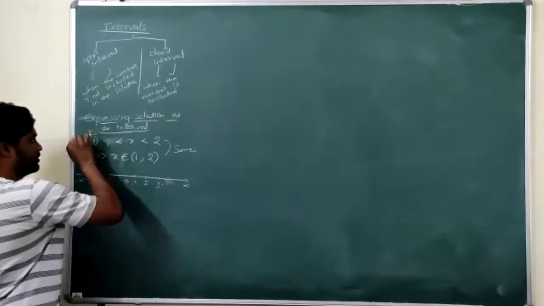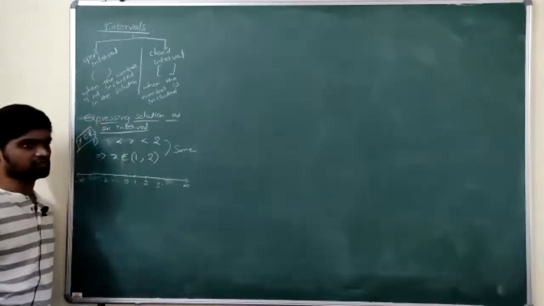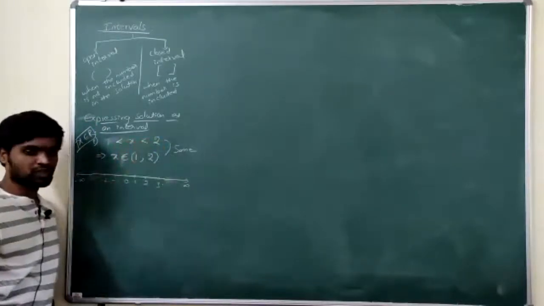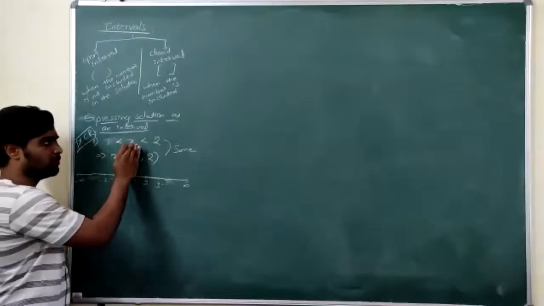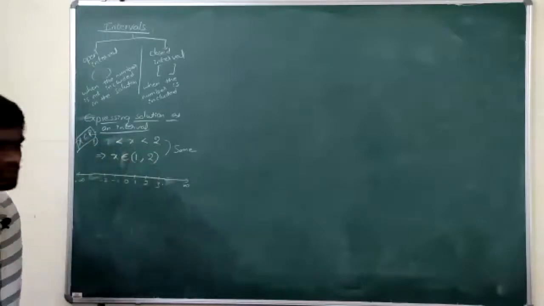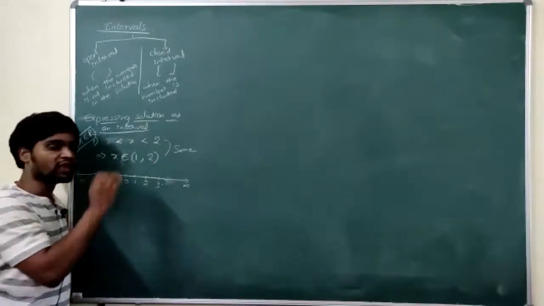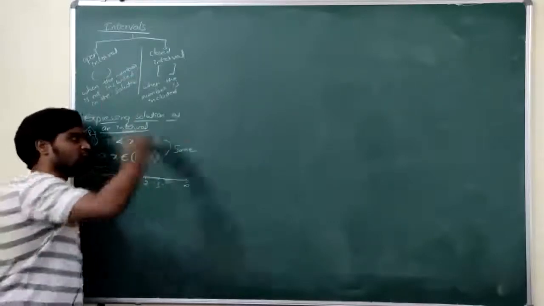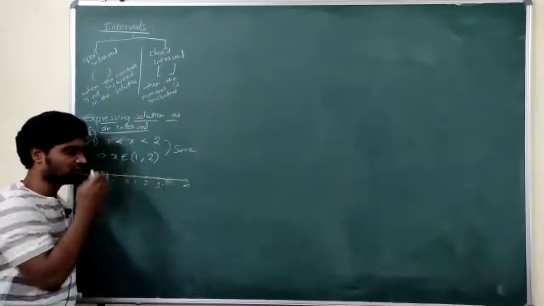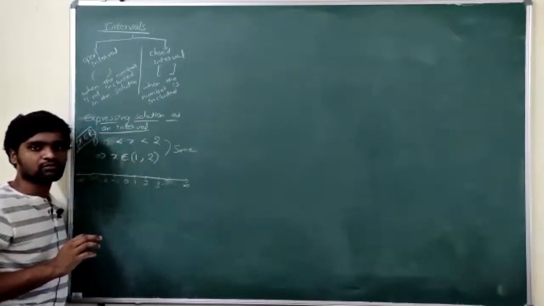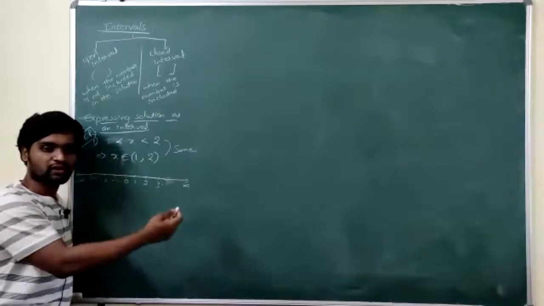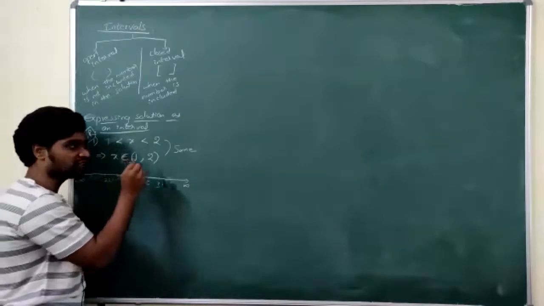I'm mentioning here x belongs to real numbers. So 1 less than x less than 2: values of x are real, but lie between 1 and 2. How many numbers are there? There are infinite numbers. So how to express those infinite numbers? Can you sit and write all the numbers? Starting with 1, what is the number just next to 1? We cannot say the number which is next to 1. So for that purpose, they are using intervals.